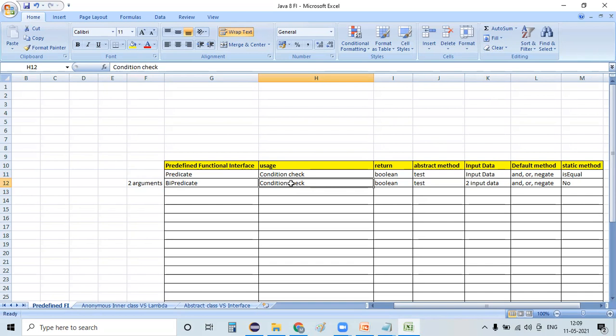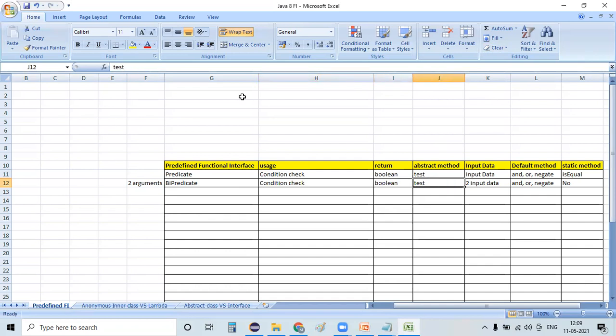Predicate validates the condition based on one input; the same way, BiPredicate works on two different inputs that the user is providing, and based on that it will verify the condition. Of course, the return type is a boolean value.